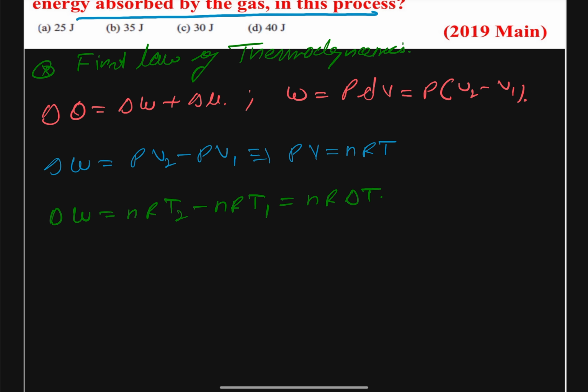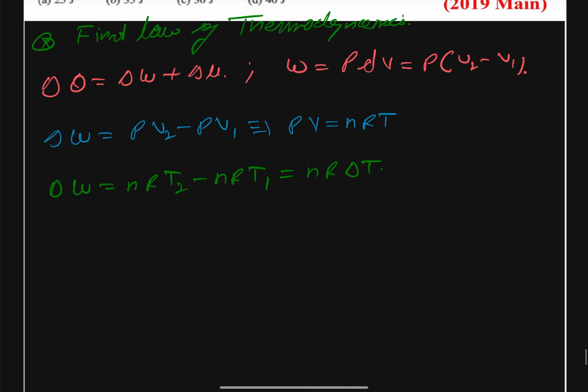Okay. So therefore we can write that our this delta Q